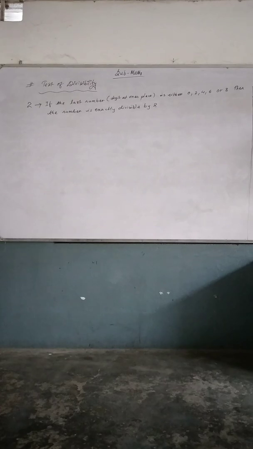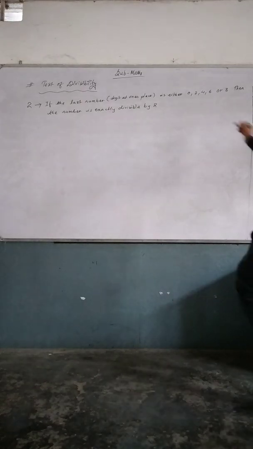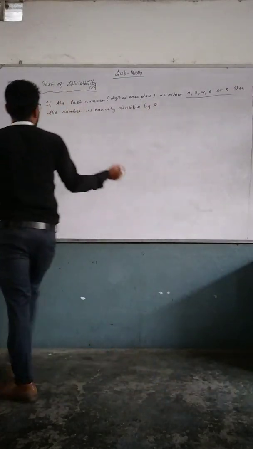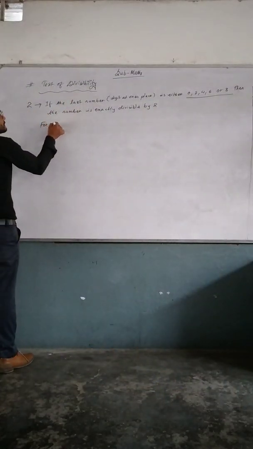Now in the previous lesson we also did about even numbers, yes or not? Now here also, to check whether the number is exactly divisible by 2 or not, you have to see the last digit. If the last digit, the digit at one's place, is either 0, 2, 4, 6 or 8, it should match the given numbers, and the given numbers are 0, 2, 4, 6 or 8. Now for example,